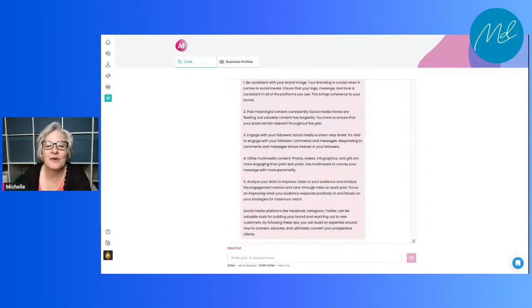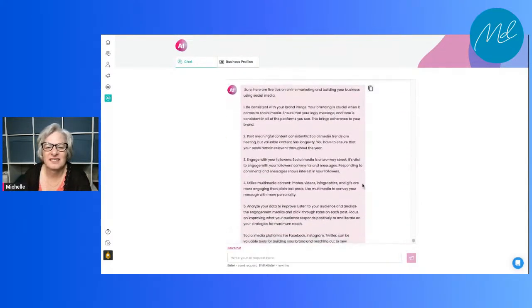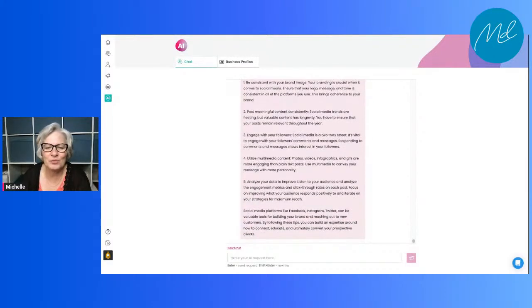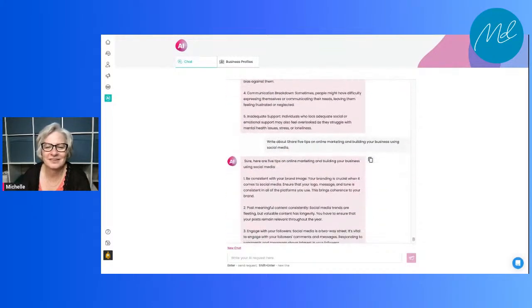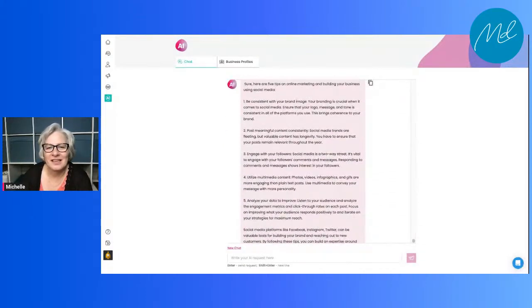So you can see how valuable this little bit of AI technology is. Now, are you going to use it to write homework papers and things like that? No. You're not going to want to do that. That gets you in trouble. But for marketing, or for coming up with quick ideas like this, it's super useful, especially if you are very short on time, as I am.